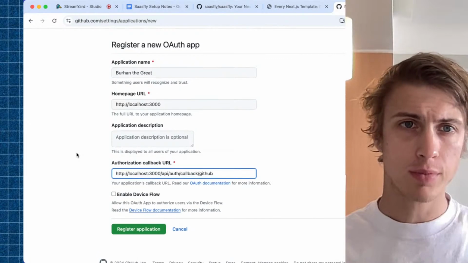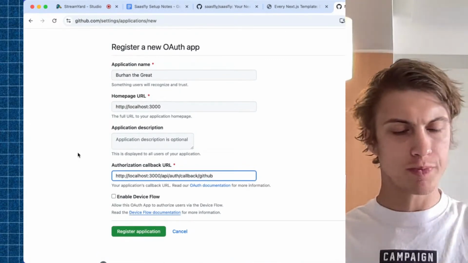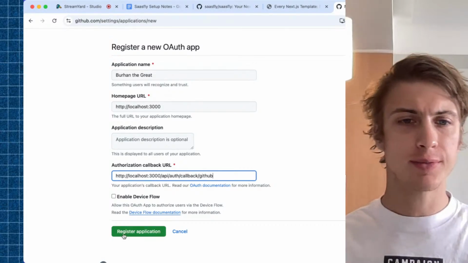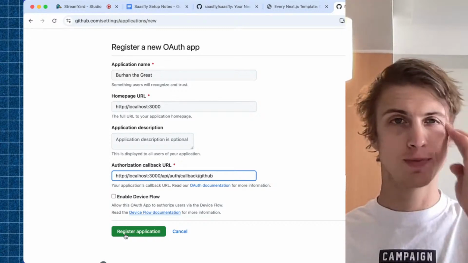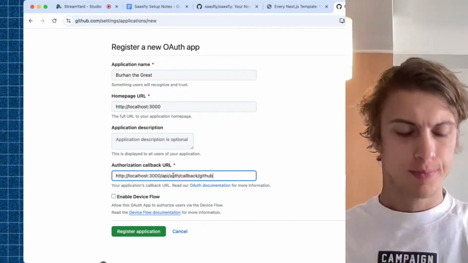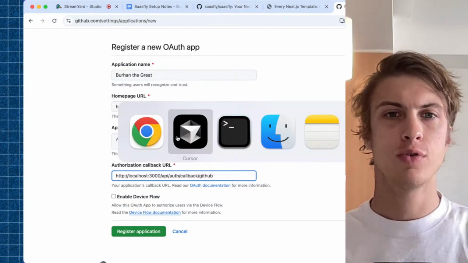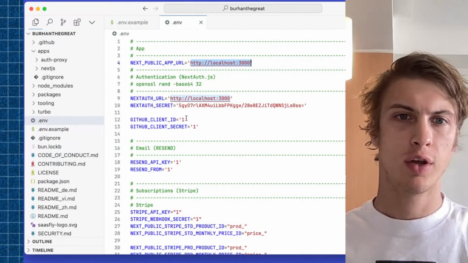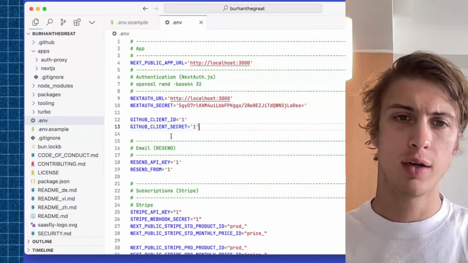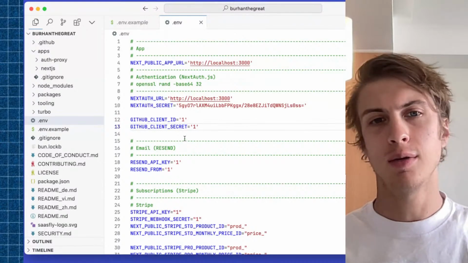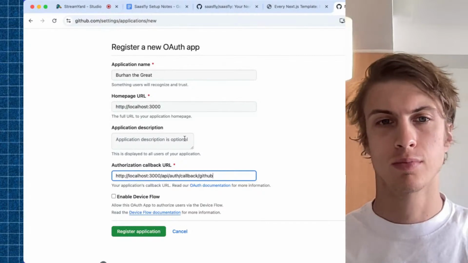Cool. Did you get this far? Just about there. Can I click to the next step? No, no, wait. Give me a sec. Okay, good. So after I have registered the new OAuth app, I'm going to get two keys. One of them is a client ID, the other one is a secret. And once that is set up, we also need a database set up, which is going to be important